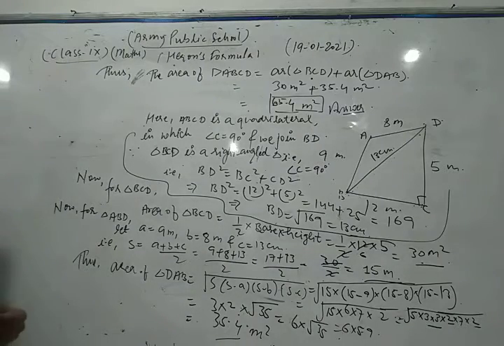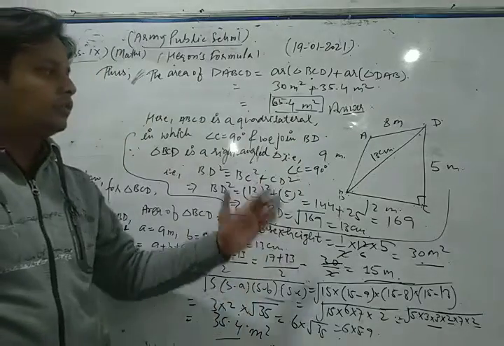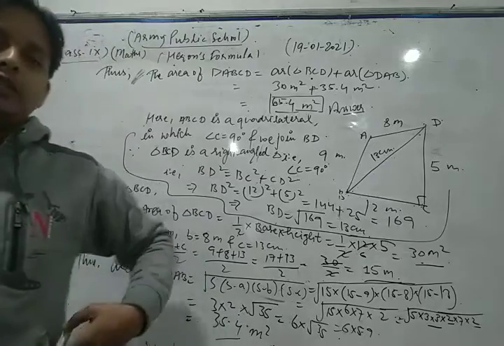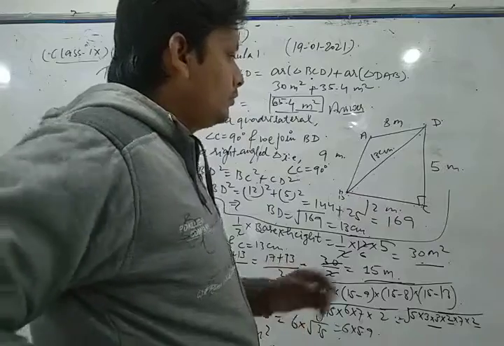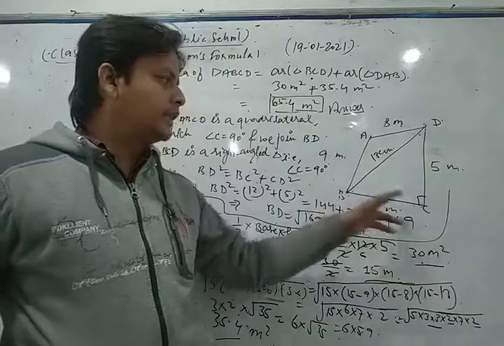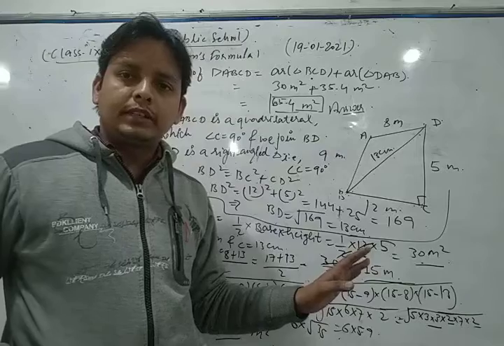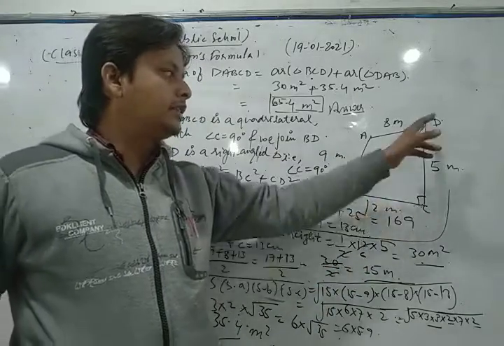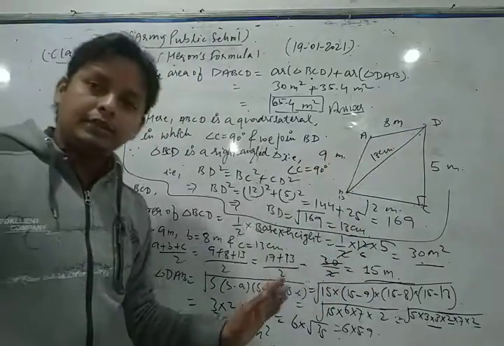Okay, dear students, in this way you can solve this type of question. This is one of the most important questions of your syllabus, so please practice this type of question more and more. In this question, first of all we form a figure according to the statement. After that, this angle is 90 degrees, so for that triangle we apply the Pythagoras theorem, and we find the area of triangle BCD by the formula 1/2 base into height, because base and height are given in the figure.